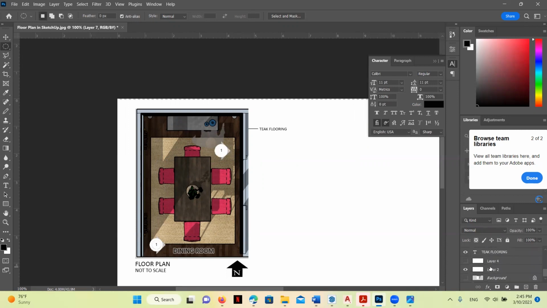Let me see if I can find it so you can see why I need to start renaming my layers over here. Let me see if I can move this over to get rid of it. That is camera view, so we're going to delete that. This is what we want as camera view. Double clicking.